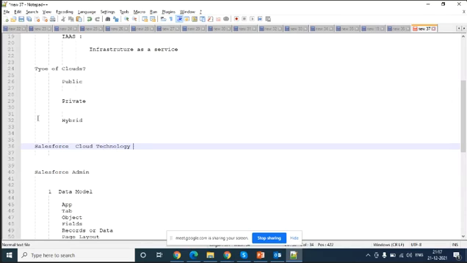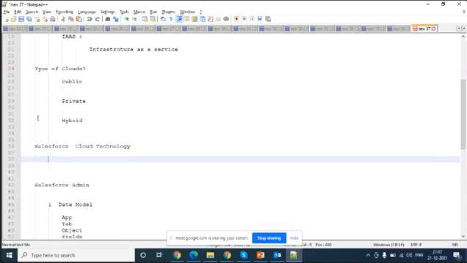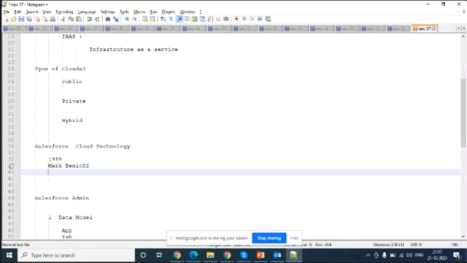It was introduced, or invented, in 1999 by Mark Benioff. This fellow is now the CEO of Salesforce, for the entire world.